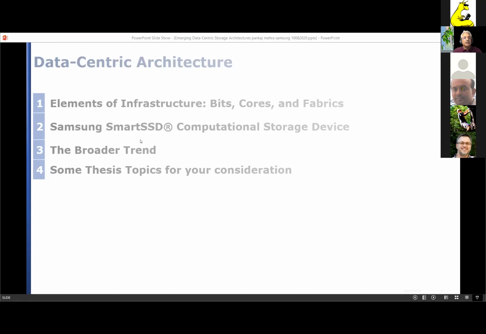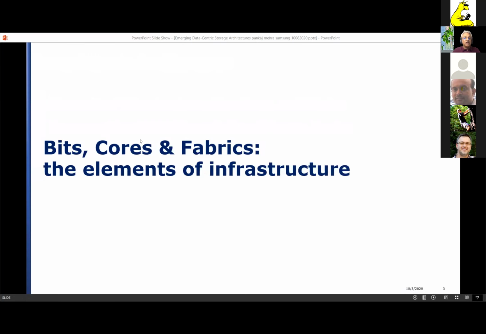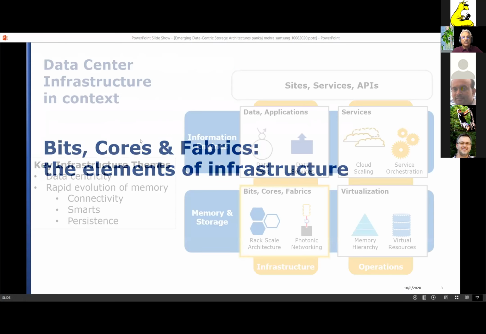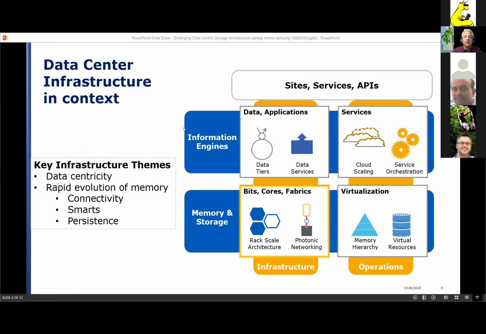Okay. So let's talk about how cloud infrastructure is built. This is a very high level view of what's going on. You see the data plane on the left, the control plane on the right. Both matter because in a typical cloud data center, we have 100,000 servers, hundreds of petabytes, if not exabytes of data, sometimes exabytes in a single data lake.